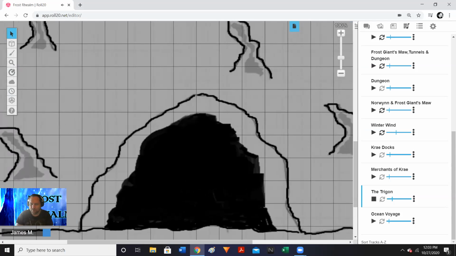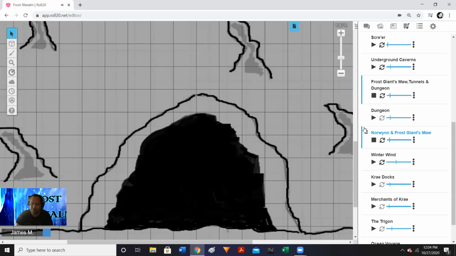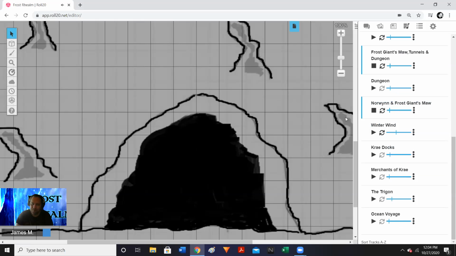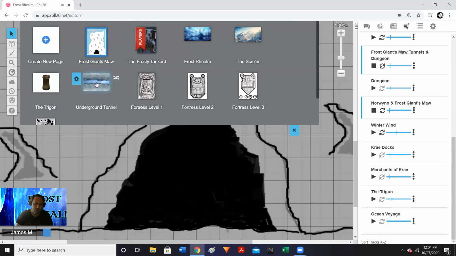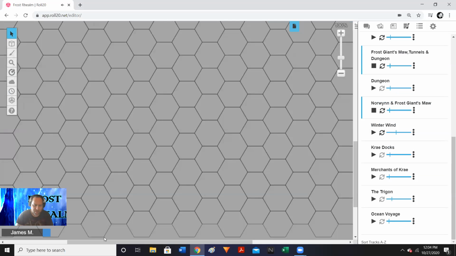Yes, this is the entrance to the giant cavern called the Frost Giant's Maw. As you enter, we will switch up the music, turn on the tinkling music once more, turn off the Trigon music. I will blend the tinkling music with southern music. The southern music, parts of it remind me of Aliens, the second movie. So I won't go too far into it, but another part of this whole adventure, you may or may not ever reach these